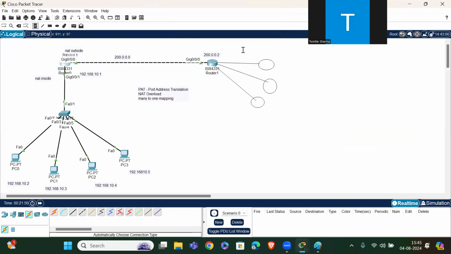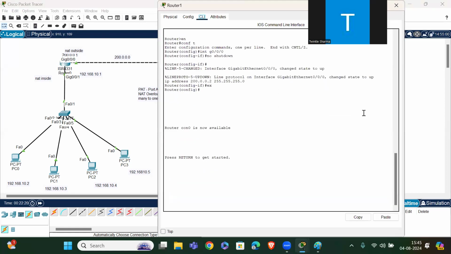I am giving the IP addresses 9.9.9.9/32, 8.8.8.8/32, 7.7.7.7/32. Okay, done.